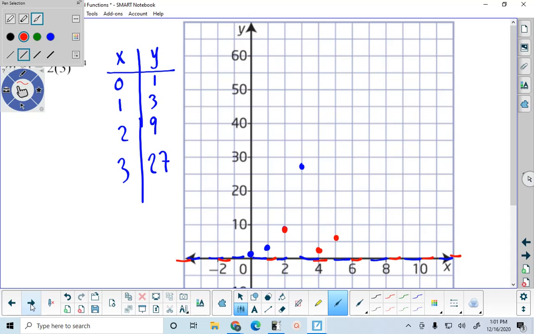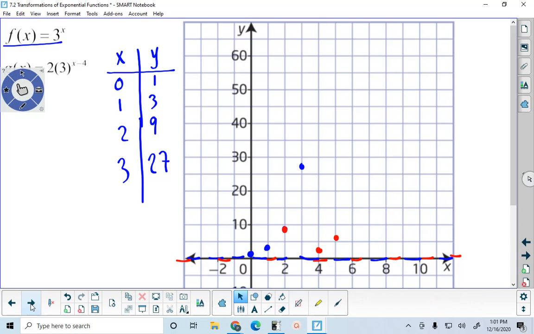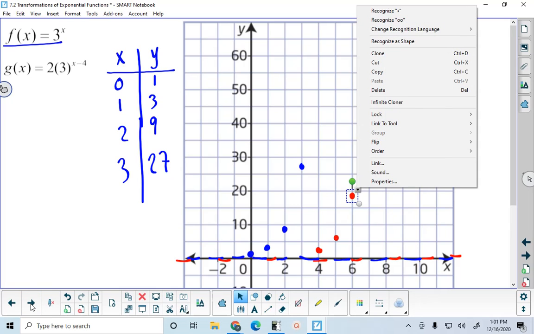This has a y value of 3. It has a y value of 9. If I double 9 because of the vertical stretch, it becomes 18. And if I move that over 1, 2, 3, 4, this is the location of the new point. And finally, the last point that we had access to